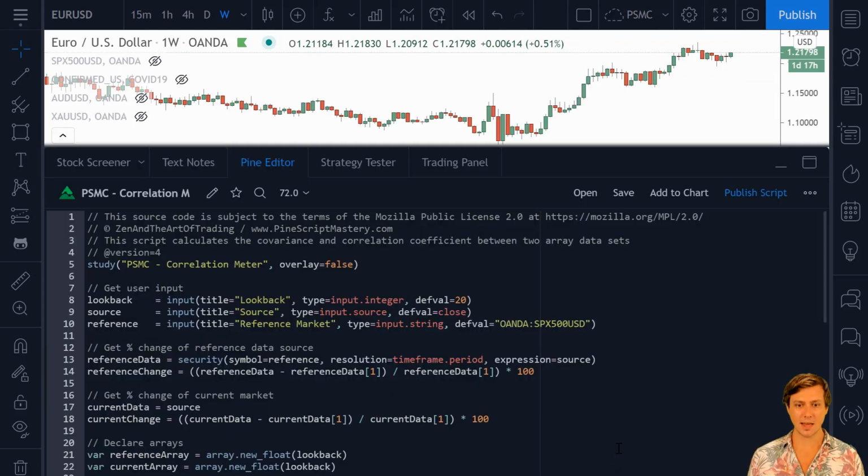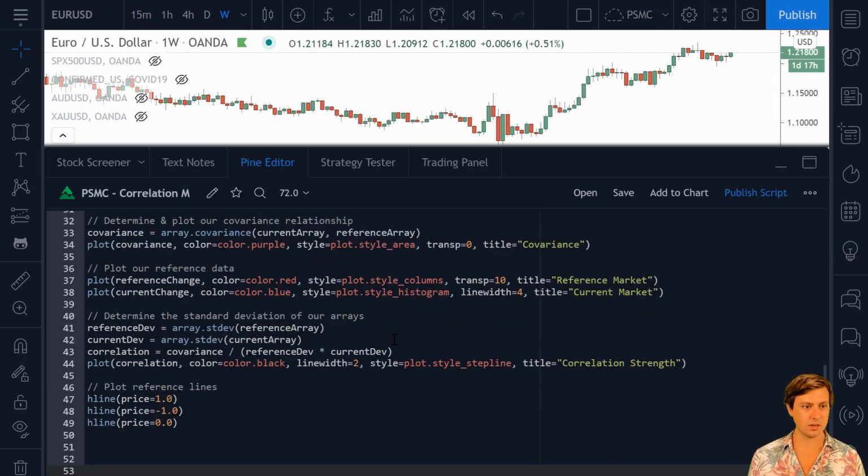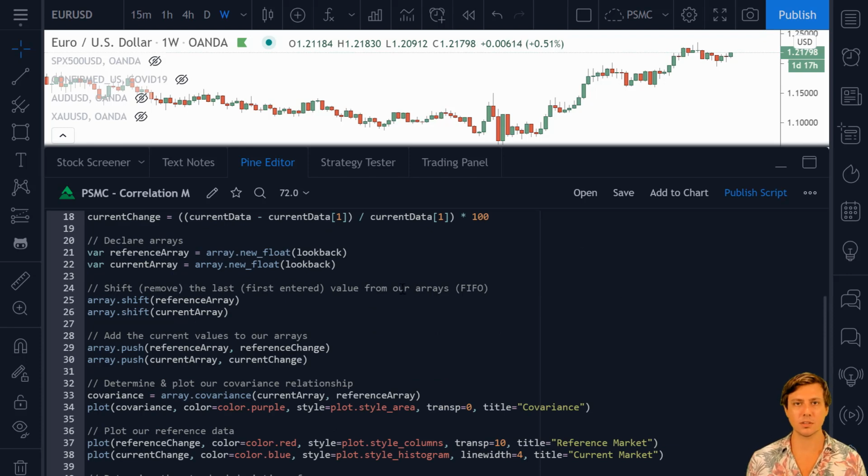So that brings me to the end of today's lesson. I hope you found that interesting. This was the most practical example I could think of to use arrays for. There are obviously many different ways you can use arrays. You could use them to calculate support and resistance zones potentially. You could use it to store information. So for example, you could use it to